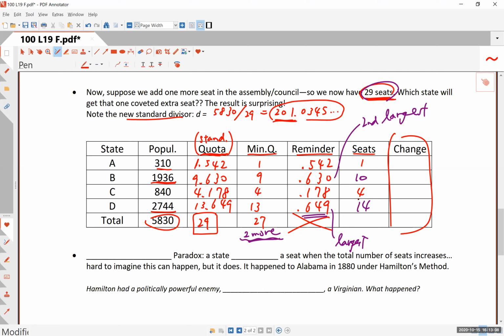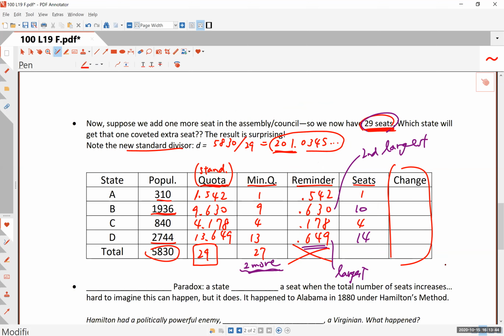Now, what I want you to pay close attention to here, now stop what you're doing and pay really close attention to this, okay? Because I'm going to illustrate one of the problems that suddenly appeared, and in fact, as mathematical as people were, as smart and intelligent as the founding fathers were, they did not see this coming. And this actually took place right after the Civil War. Again, going back to a little history lesson, in 1880, this kind of thing really happened. They increased the total number of seats in our Congress.